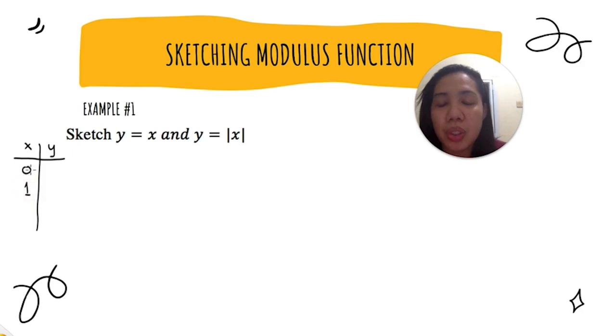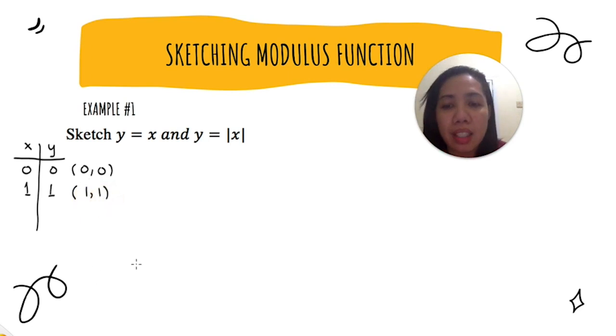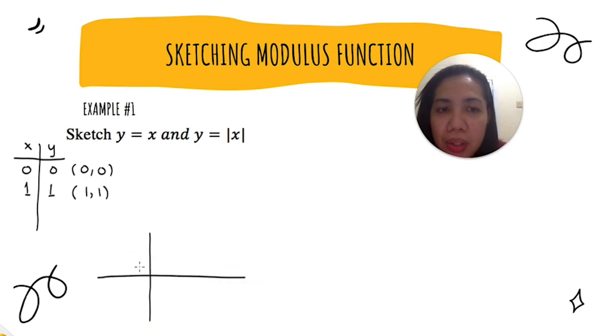Okay, if x equals to 0, then y equals to 0. If x equals to 1, then y equals to 1. So actually from this we have the point 0, 0, and then from this part we have the point 1, 1. So we have 2 points here, and then the next thing, we need to plot those points into the Cartesian diagram. So 0, 0 in here, and 1, 1, this is 1, this is also 1 in here. So we just need to draw a line.